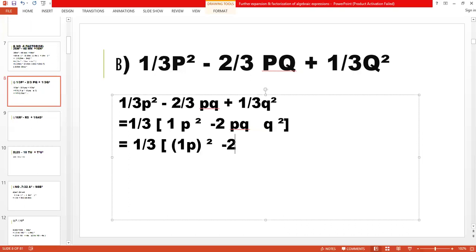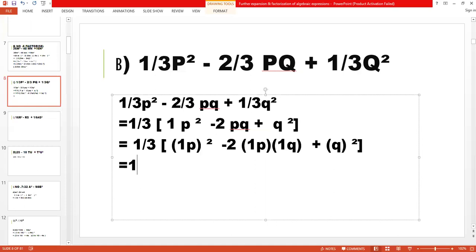फॉर्मूले का 2 -2, then first term के 1p, next we come to the second term q square। q square is the square of which variable, obviously q, so here the second term is 1q, and next we have to write the square of the second term, that is q। अब इसको बस हमें ओपन कर लेना है, इज इक्वल टू 1/3 रिमेन रहेगा स्टार्ट में, और अंदर हमारे पास